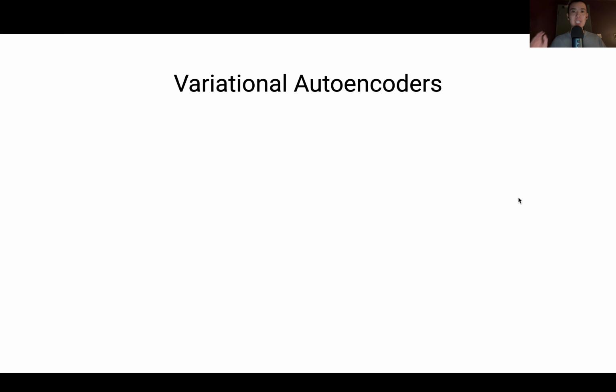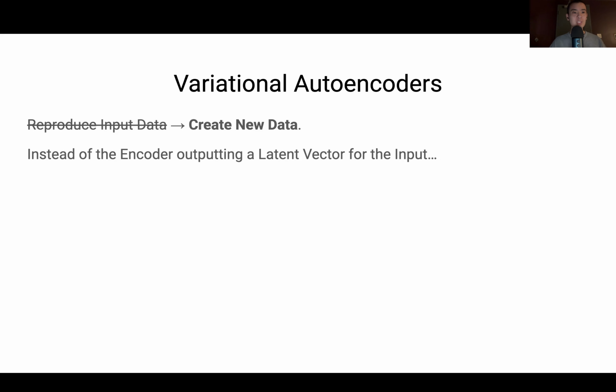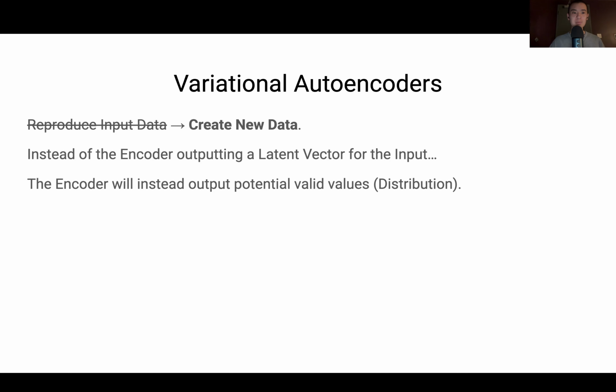Now, let's get to the meat of this video, variational autoencoders. Instead of reproducing input data, we want to create new data, so we have to make some changes. Instead of the encoder outputting a latent vector for the input, the encoder will instead output potential valid values, called a distribution. It will have a mean vector, which is the mean of the distribution,